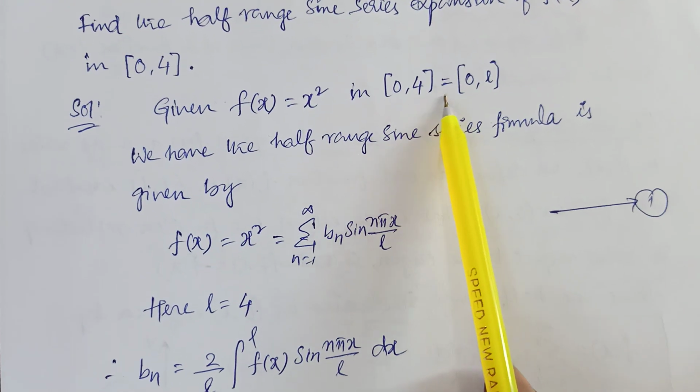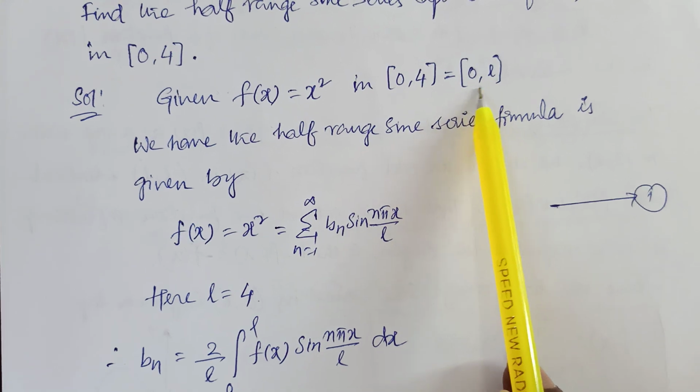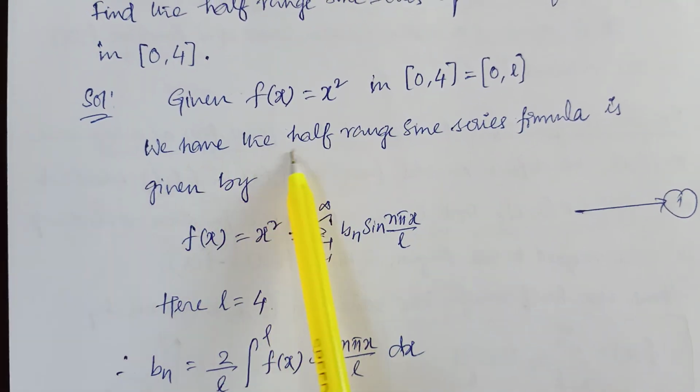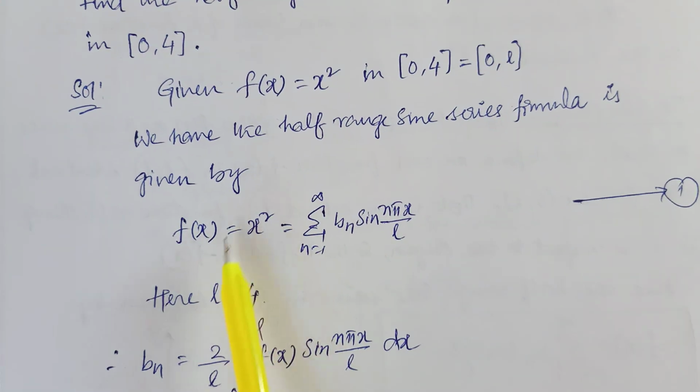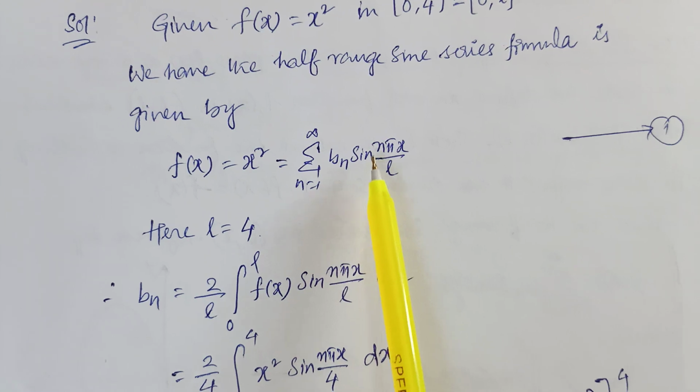Now the given function is f of x is equal to x square, interval 0 comma 4. So now compare this interval with the half range 0 comma L. So here L is equal to 4. We have the half range sine series formula: f of x is equal to sigma n is equal to 1 to infinity bn sin n pi